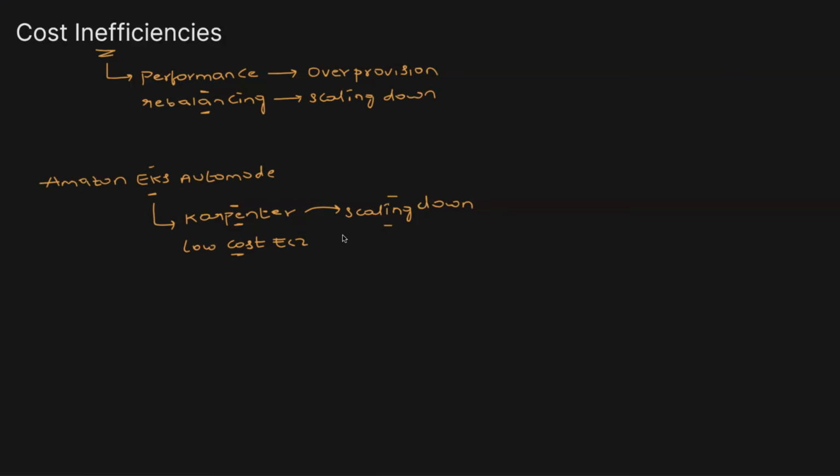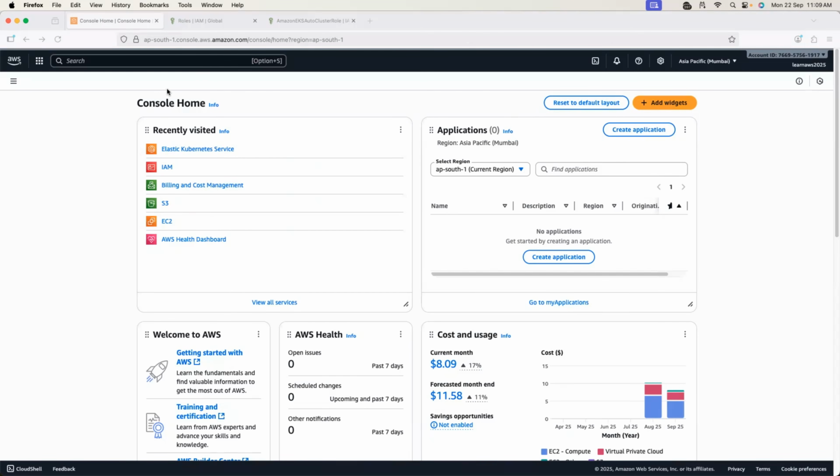Perfect. So this is how Amazon EKS Auto Mode addresses the most common challenges with Kubernetes management. It can be node management challenges, or it can be cost management, or any other challenges we discussed in this video. Great. Now let's head to the AWS console and see how easy it is to provision a Kubernetes cluster